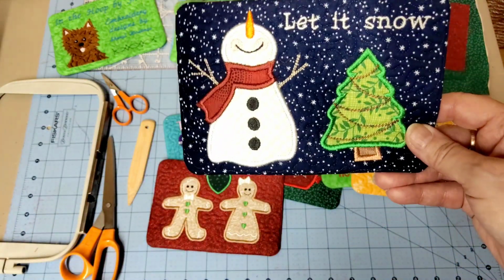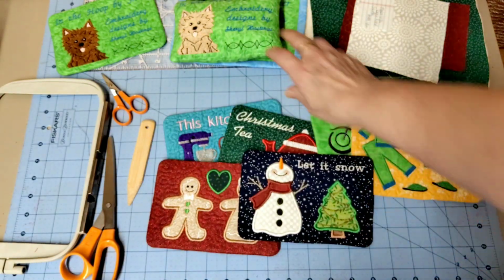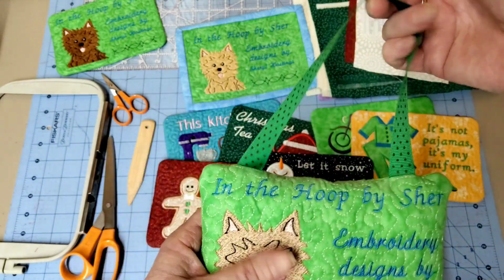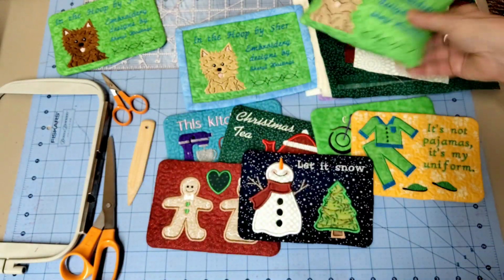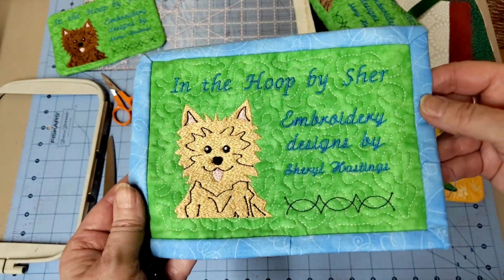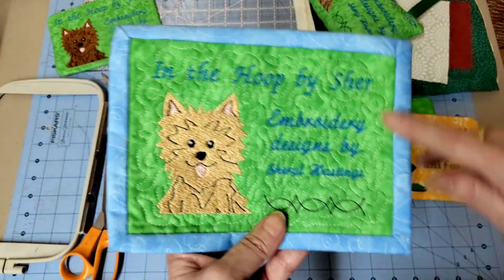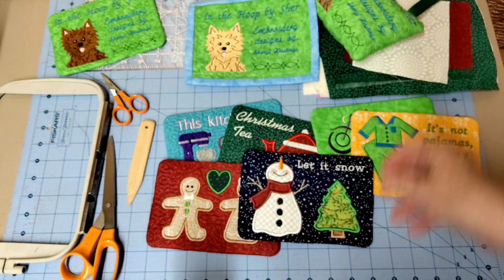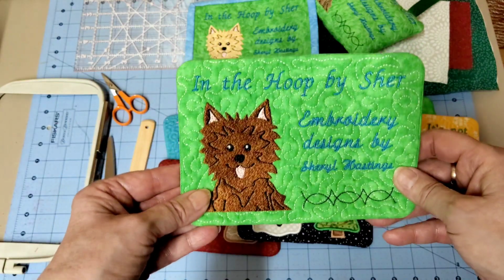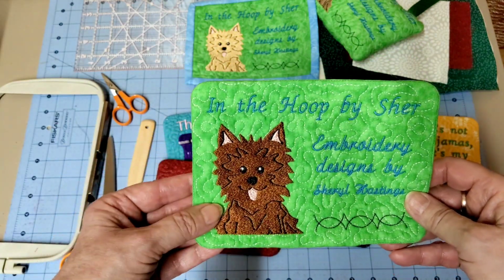So this particular pattern has 3 different things you could make. You could do a doorknob hanger by just simply adding a ribbon. You can add some binding around the edges. You will need a regular sewing machine if you're going to do this one. Then, of course, a simple little mug rug, which is a perfect size for a mug rug, and